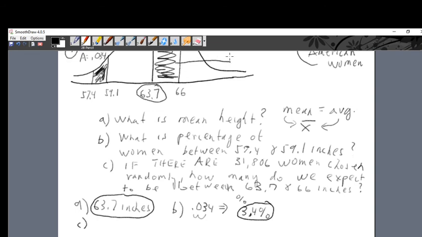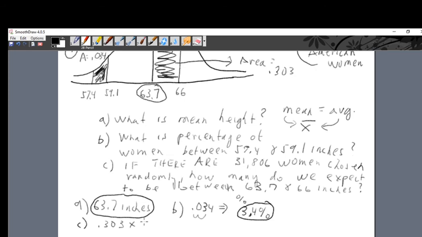Remember that we put over here that the area is equal to 0.303. If we're looking for how many of them would be expected, we do as follows. 0.303